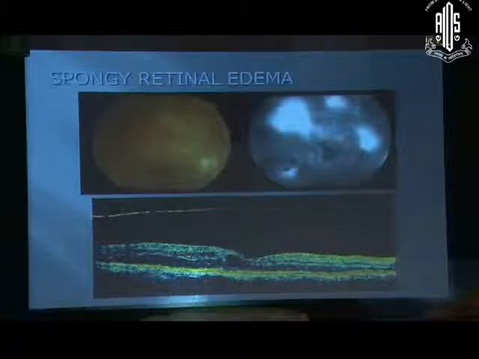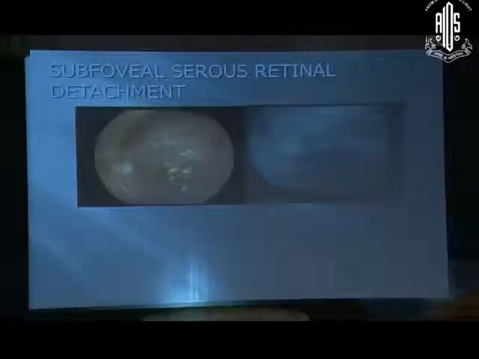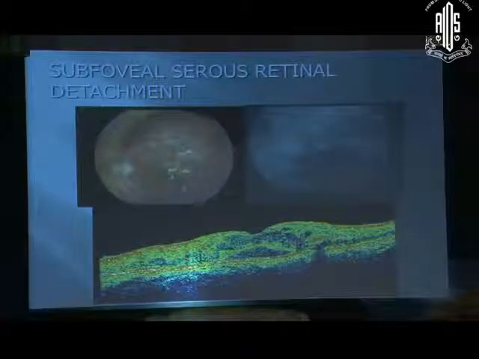This is how a spongiform thickening looks: in one segment you will see the retina is thicker compared to the other area. This is commonly seen. Then there is the presence of cystoid macular changes in the retina, and a lot of patients have a subfoveal serous detachment, and these are cases in which most of the time you see progression of the hard exudates to the center.